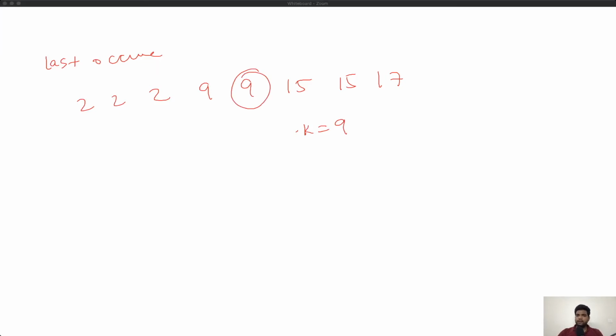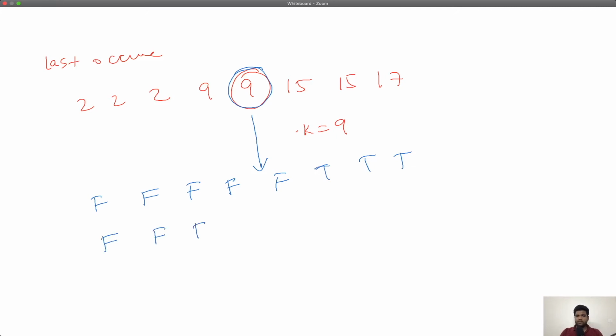So how did we reason about this? We said that if I have to come up with the predicate, I need the last f to be here or the first t to be here. So if I have the last f here, then this is how my picture will look like. And if I need the first t to be here, then this is how my picture will look like.